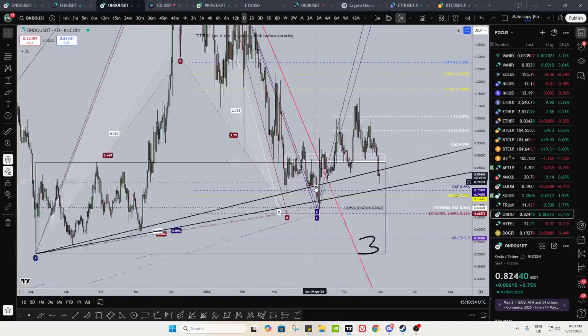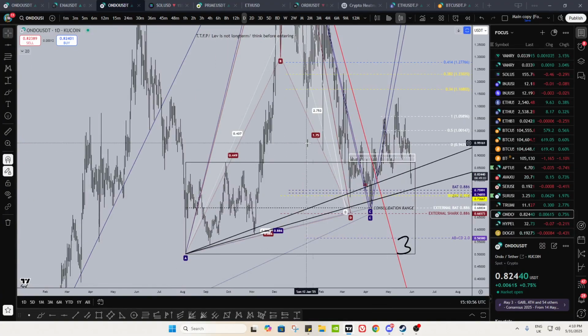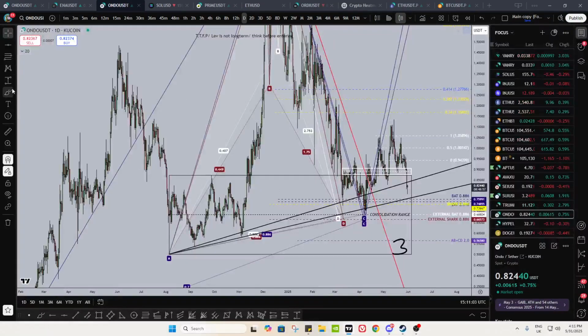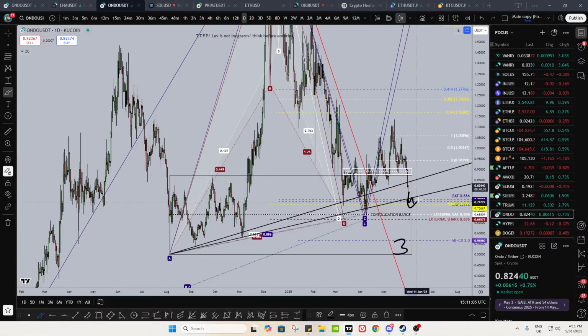Right now we're having a pullback to, again, the trend line, right? It's from this to this, from this to this. It's a nice little demand line, let's say. As long as the demand line is held, you're fine. We might get one more tap back to this level, and this is something we've been talking about for a while. If you guys remember back in like start of April, I was saying if we could get a smiley face around this zone, that'd be perfect. We might finally get that smiley face that sends us higher, right?